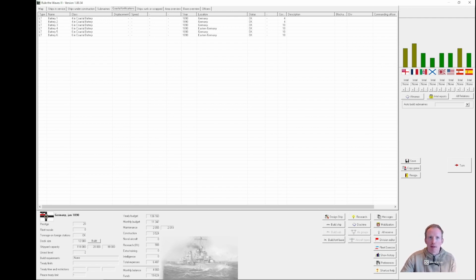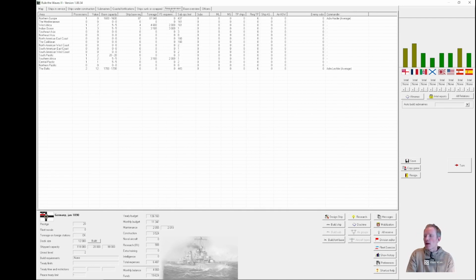But again, in order of descending importance, and this is the odd man out, sunk ships that are sunk or scrapped. That is not important, really. It could be over to the right here, I suppose, all the way to the right, right of officers, then my theory of descending order of importance holds. But anyway, area overview: it basically is the map minus the map